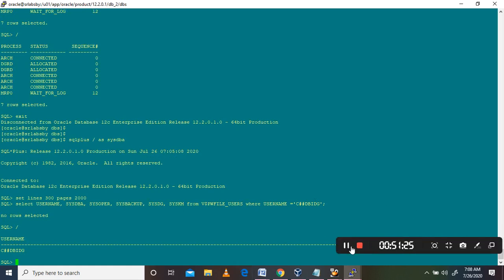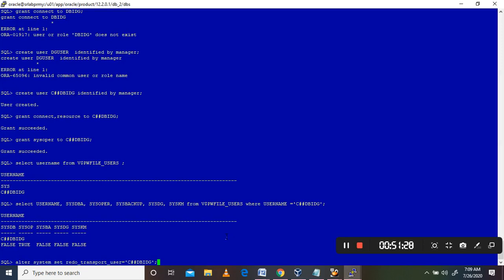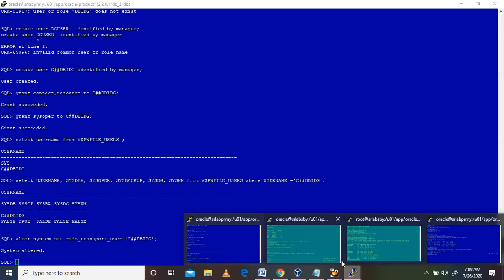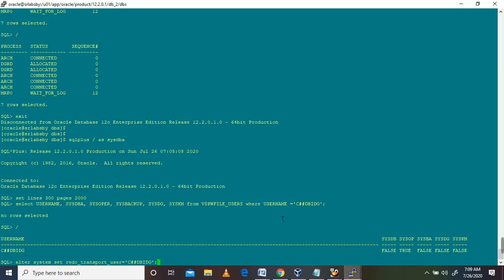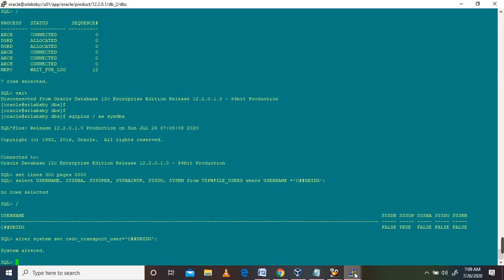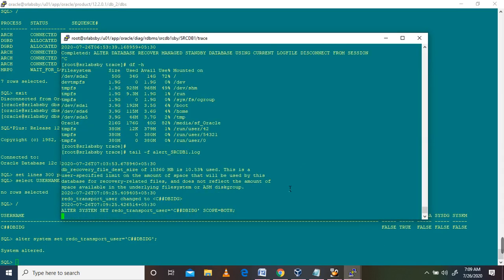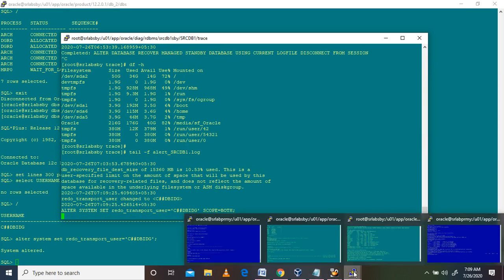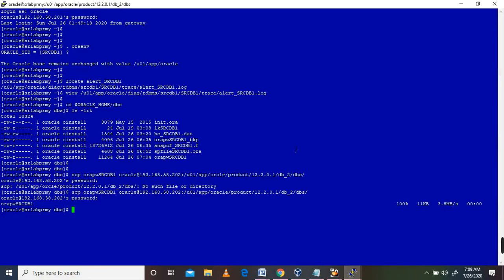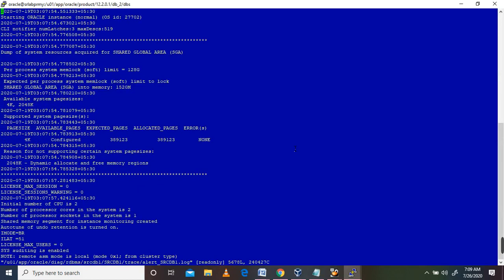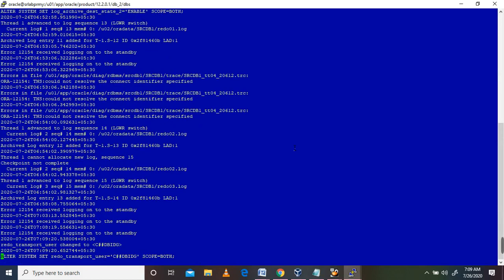What I will do, I will alter system set redo_transport_user. So I have given it on both sides. Now you can check, the recovery will happen. Now we need to restart that. We'll give a switch.